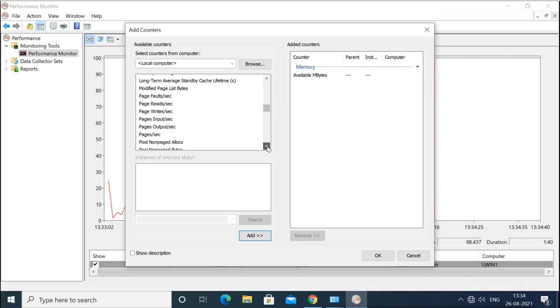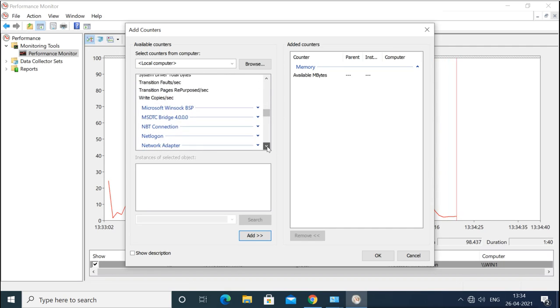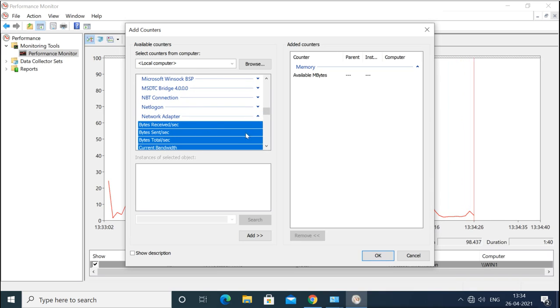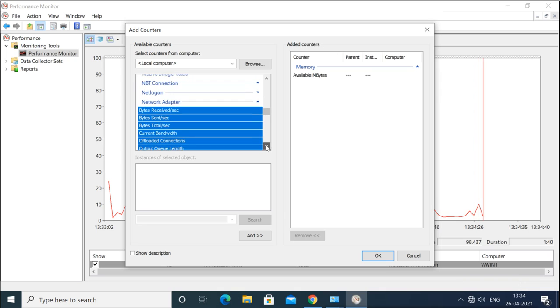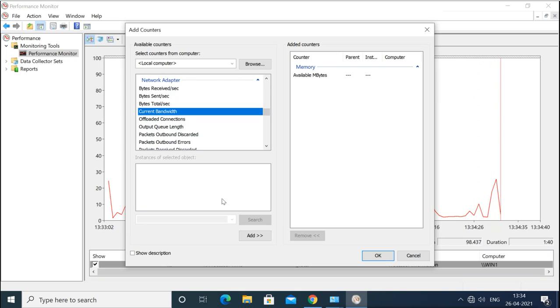Then you have other options related to memory, like what counter you want to add. Then you have net logon, network adapter. I want to see the current bandwidth. You can add all the counters also, or you can add the specific counter.